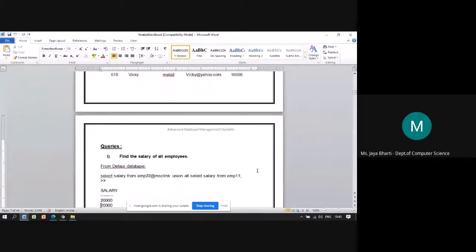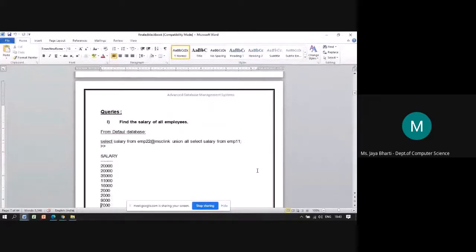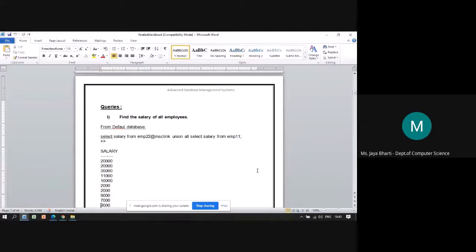Now some queries which you have to execute on that fragment. Find the salary of all the employees. Here they have used the union all operator. Why?